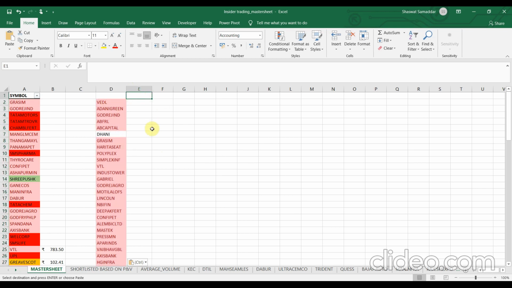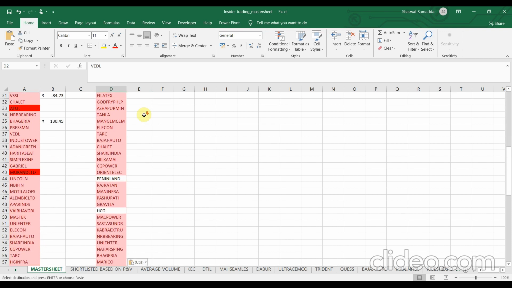Okay, now let me give you a brief note about this analysis. We have to do this analysis on a daily basis to keep track of the market, as this insider trading report gets updated on a daily basis in the NSE. Given that we have to do this analysis daily, it's not possible for us to analyze almost hundreds of stocks every day.